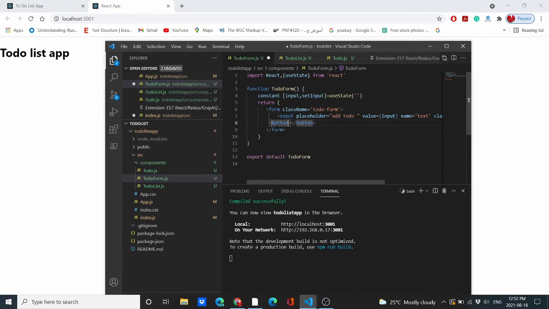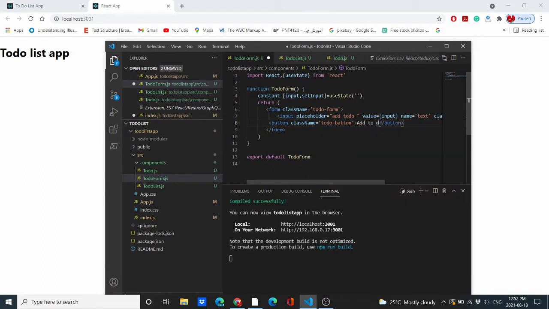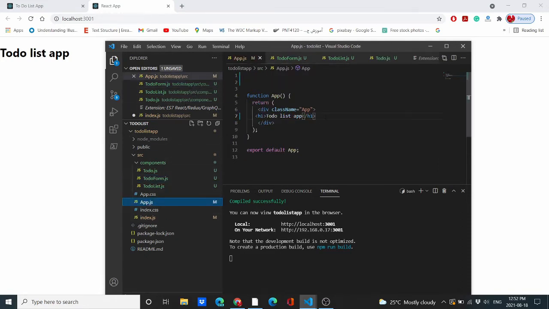The class name of the button equal to button, and here we can use add to do and just save it, and then we should go to in app.js, and below this one we should